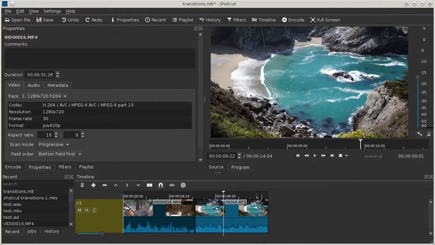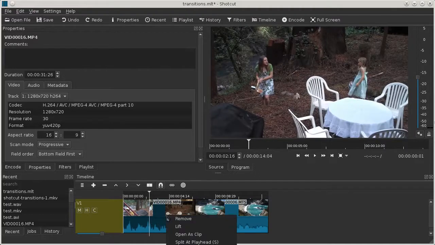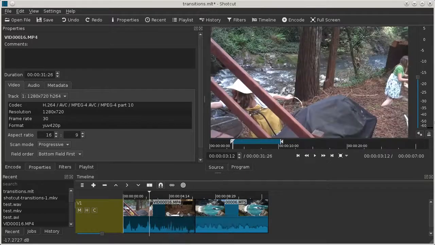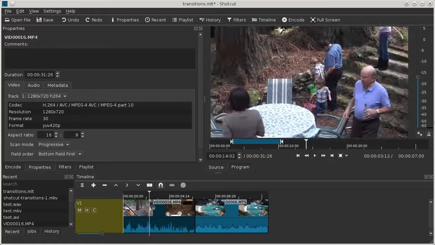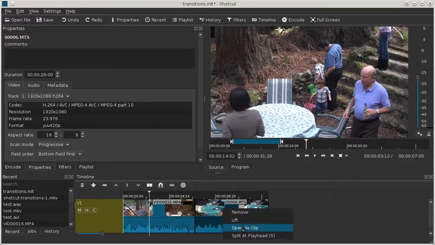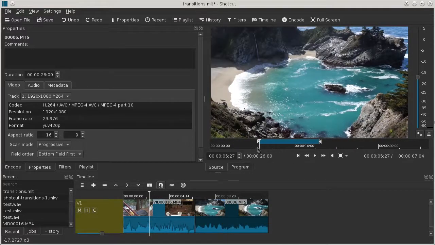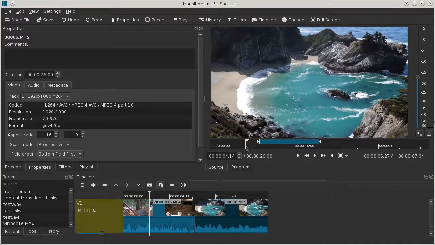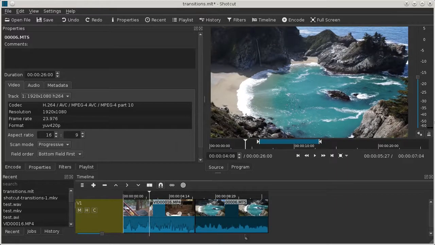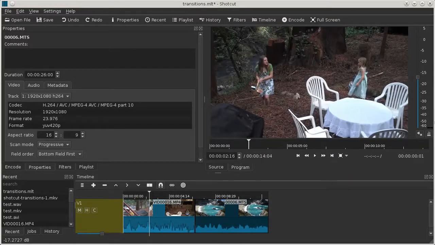Let's show you the second way of doing it, and that's through trimming. But in order to do that, let me right click on this shot A and open it as a clip. We need some additional frames after the out point on shot A, and sometimes these are referred to as handles. And on shot B, if we open that one up in the source viewer, we need some additional frames to the left or before the end point. Okay, now that that's established,